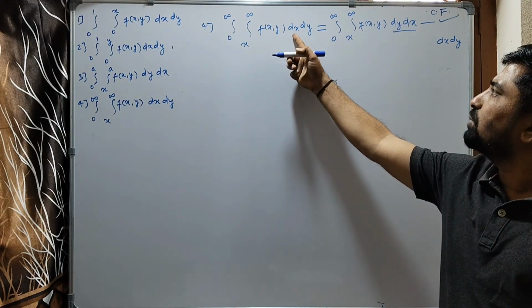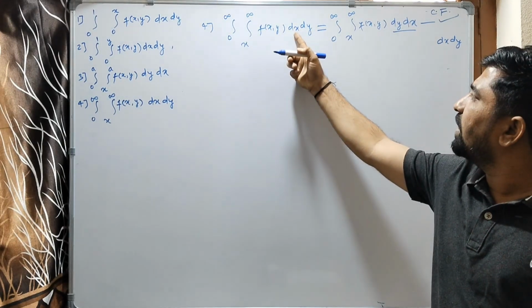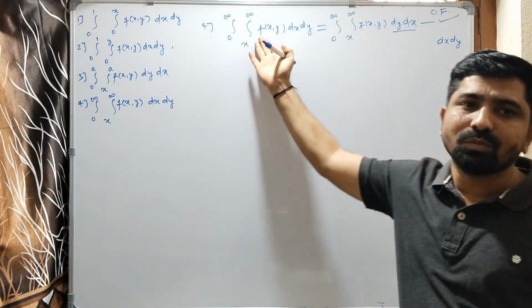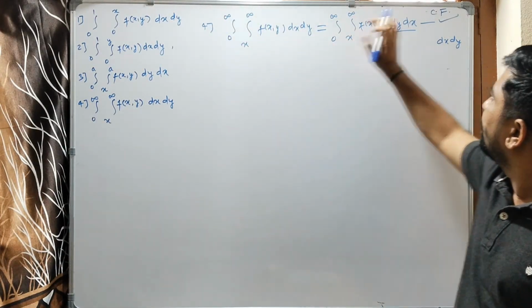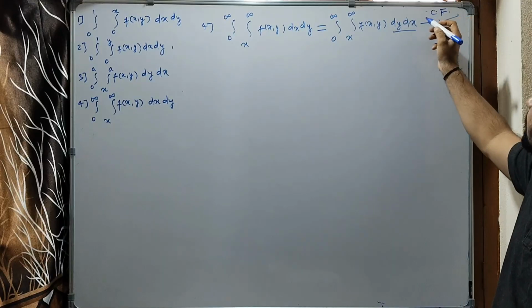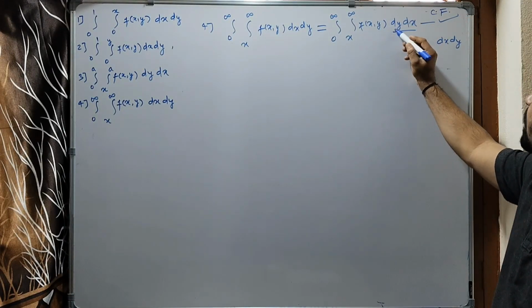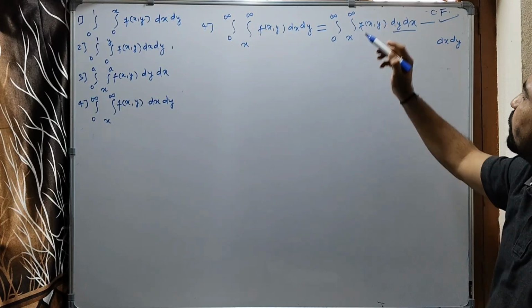Here the integration is with respect to y. If we are integrating with respect to x first, the limit must be in terms of y, but here the limit is in terms of x. So this is not the correct form, but this is the correct form. After writing the correct form of integration, dy dx, where the limit is in terms of x variable,